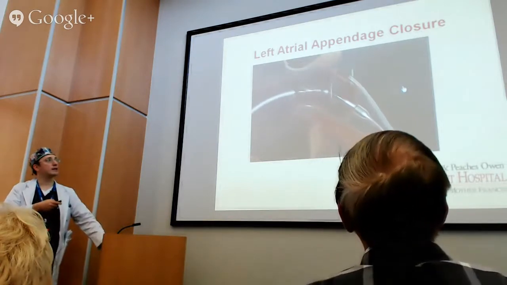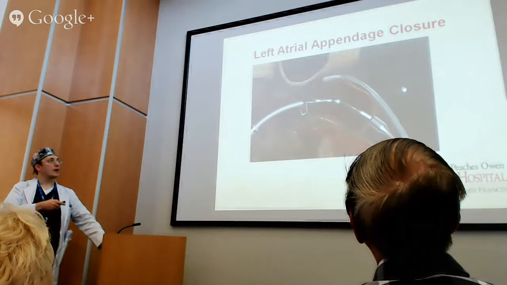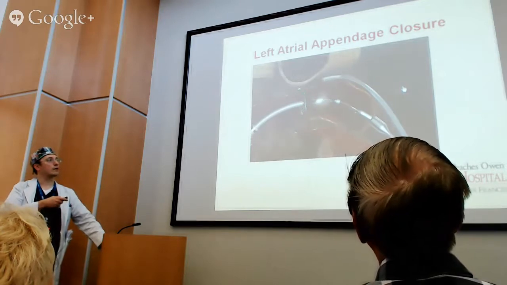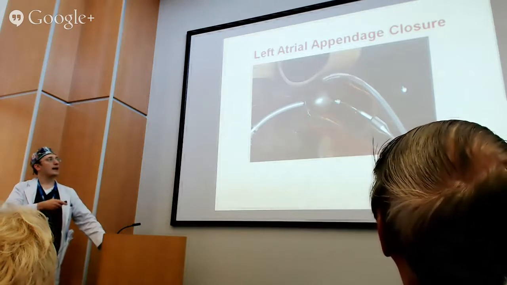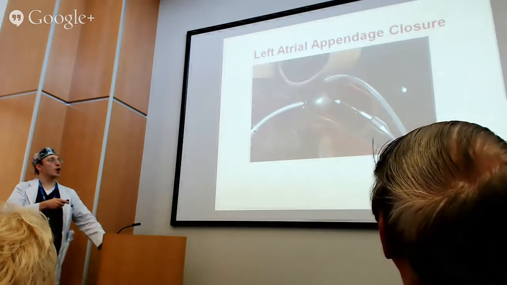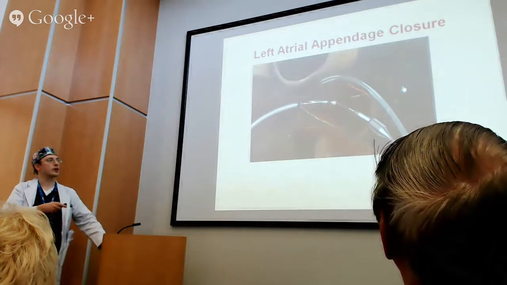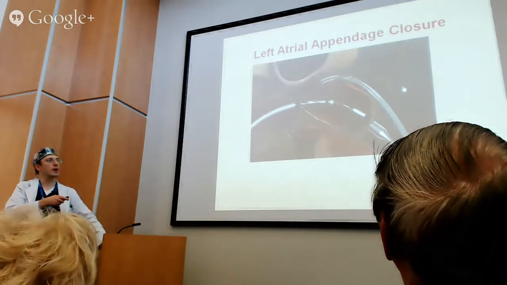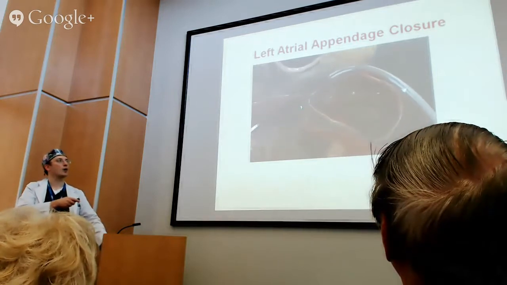And then we'll put in a device that looks like a lasso around the left atrial appendage, and we move it up carefully to the neck of the left atrial appendage, and we tighten the noose of the lasso catheter to exclude this portion of the left atrial appendage from circulation. This will prevent blood from coming in and coming out. So it will prevent blood from coming in and blood clots from coming out.